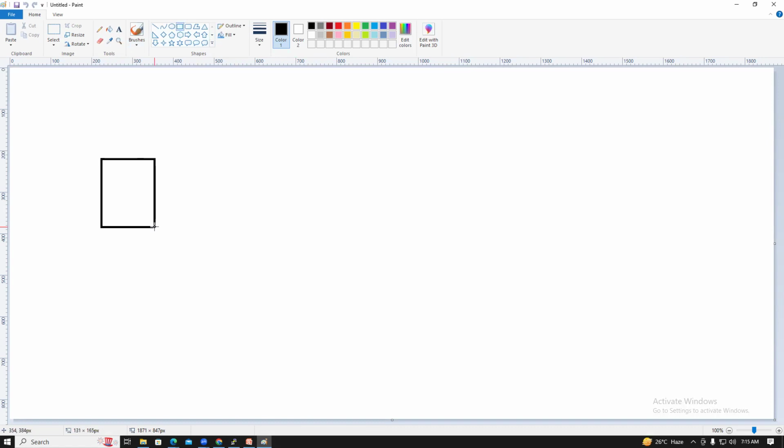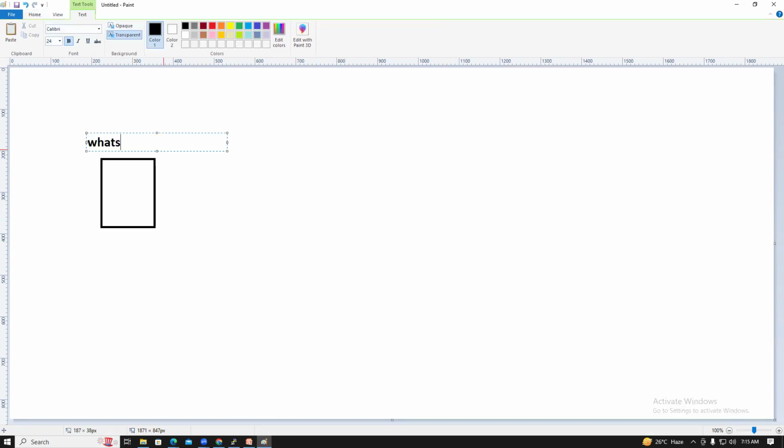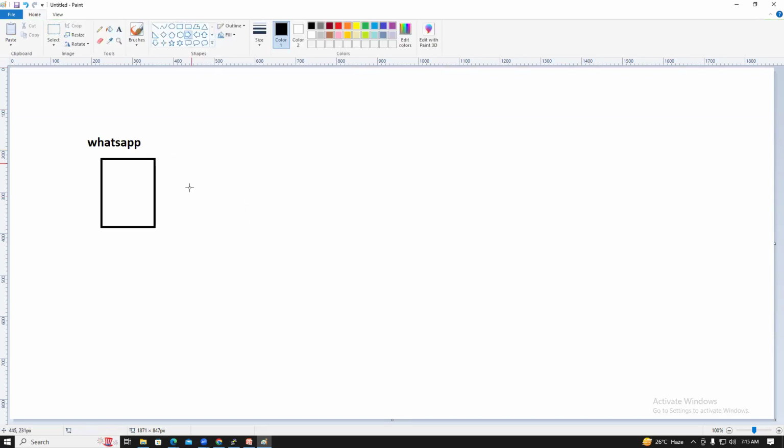For example, this is your application. So what is your application? For example, your application is a WhatsApp app. So every application, the developers created a log file